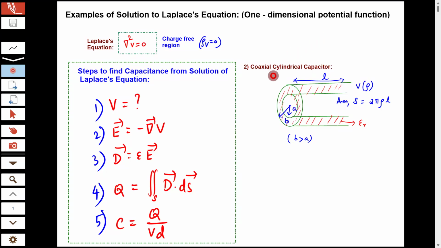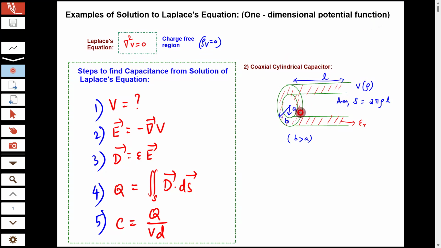Hello everyone. In this video, we are going to look at the example of a coaxial cylindrical capacitor as a solution to the Laplace equation for a one-dimensional potential function. In this case, we have considered a cylinder of radius A, which has the same axis as another cylinder of